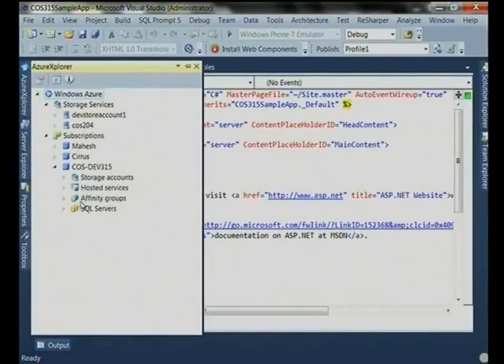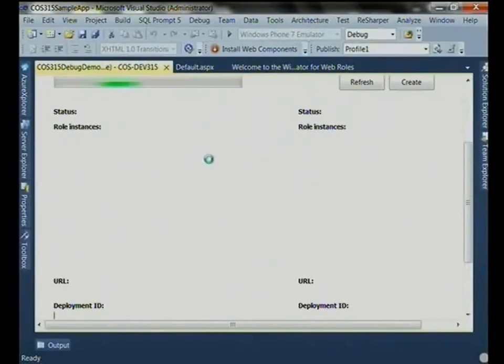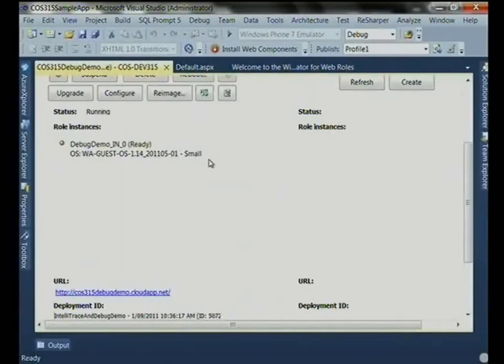So if I go in and look at all the subscriptions, I can double click on storage accounts and hosted service. Just give it a minute to come up. So nicely within Visual Studio, you can actually double click on it and see all those things that are available in your Management Studio portal. So you can look at the production environment and you can look at the staging environment. You'll be able to click on a button and configure those things.